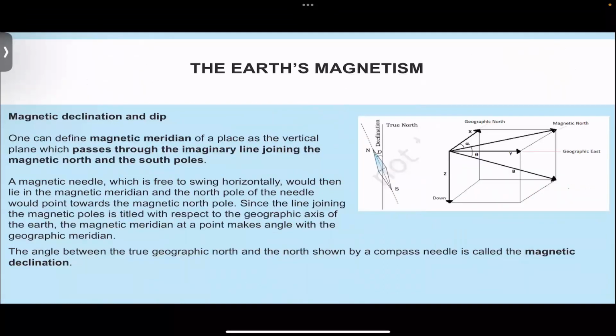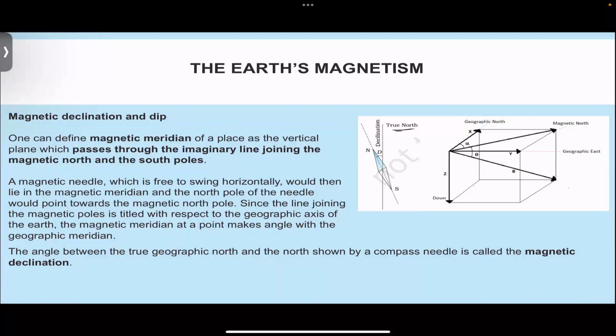Now we understood how the Earth itself behaves like a bar magnet, and we could see how it can be visually represented. Now, since you already saw that the north magnetic pole and the geographic north, which can also be called true north, are a bit different,